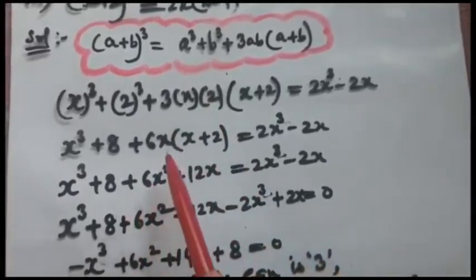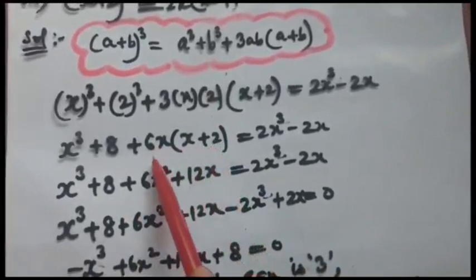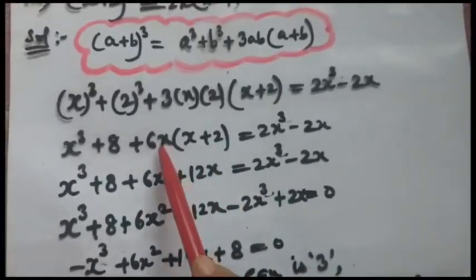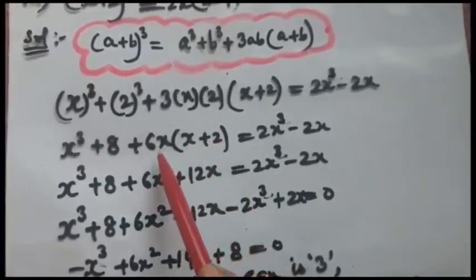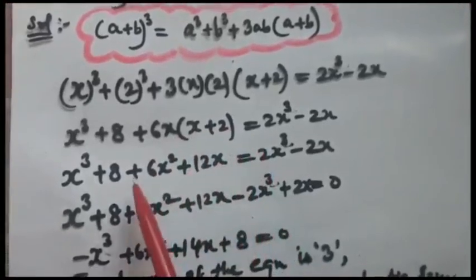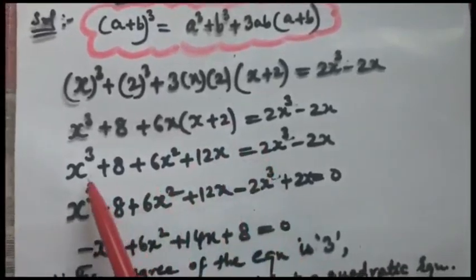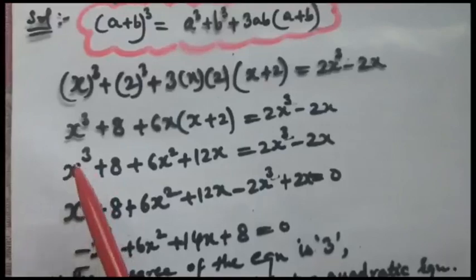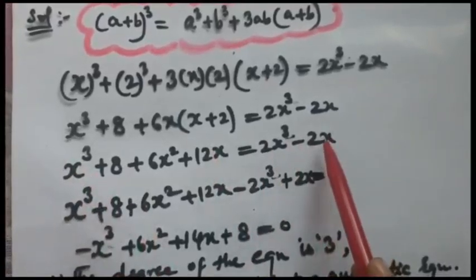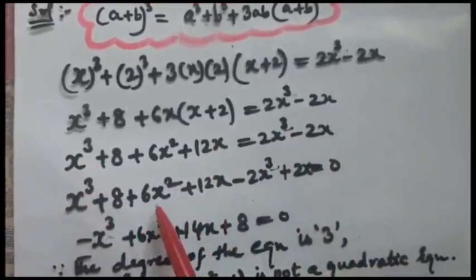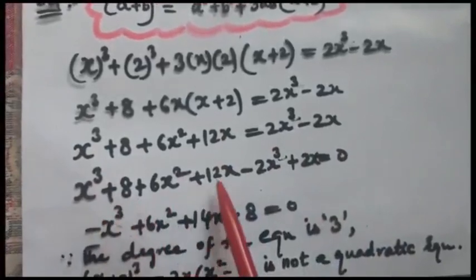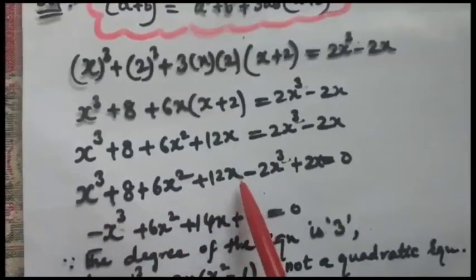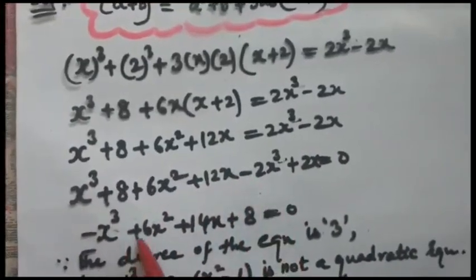Now when you come down here, you have to open this bracket. 6x into 6x square, 6 2s are 12, 12 into x, 12x. So it's the same thing, and always try to keep the highest power as positive. So I'm bringing all the right hand side things onto my left hand side. On collecting all like terms and subtracting or adding depending on the signs, I got this equation.